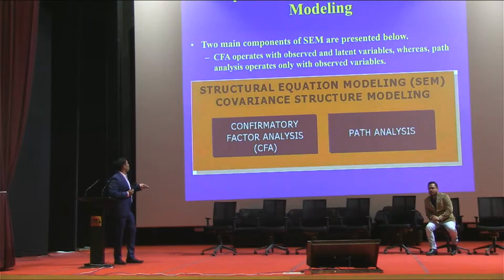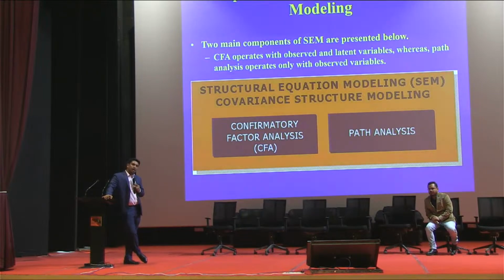What are the different capabilities of structural equation modeling? We can do path analysis, we can do confirmatory factor analysis, and we can also test the structural model. Path analysis is the analysis where we are trying to find out the relationship between two or more than two observed variables. When it comes to confirmatory factor analysis, we are trying to find out the relationship between observed variables and unobserved